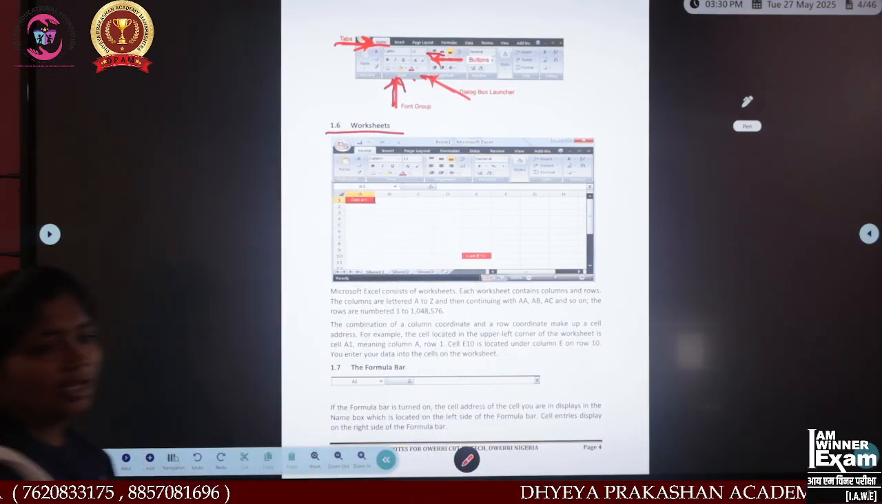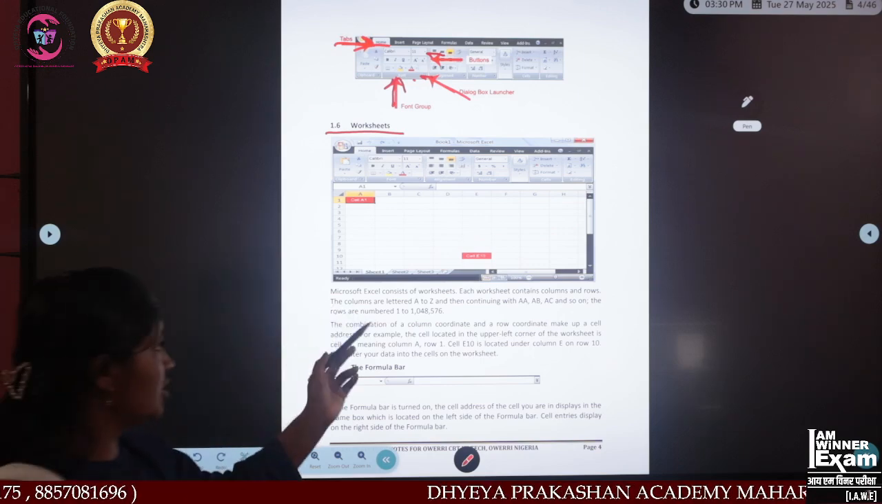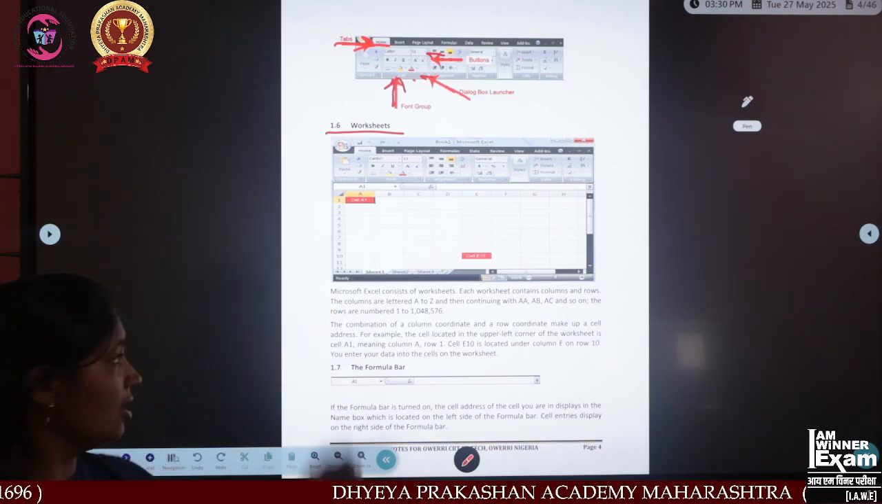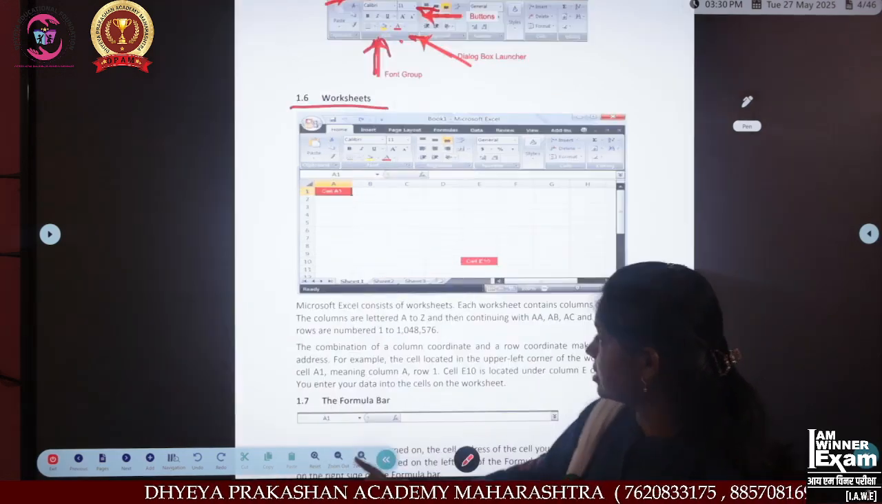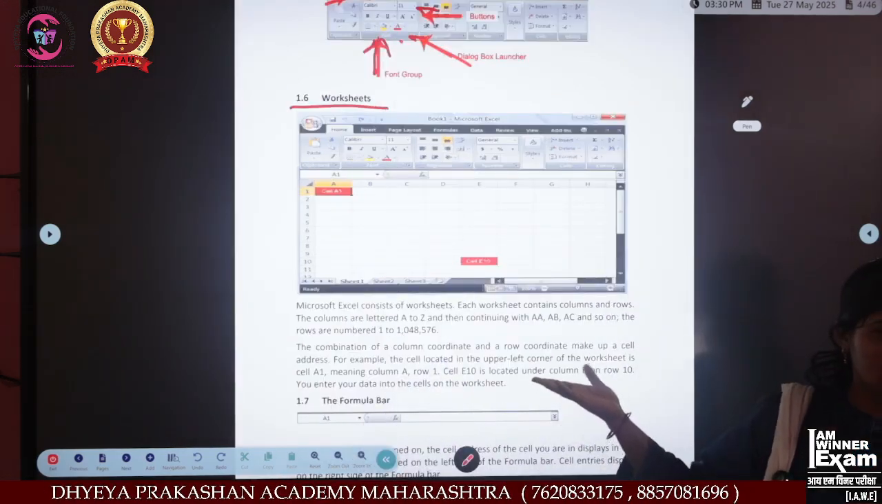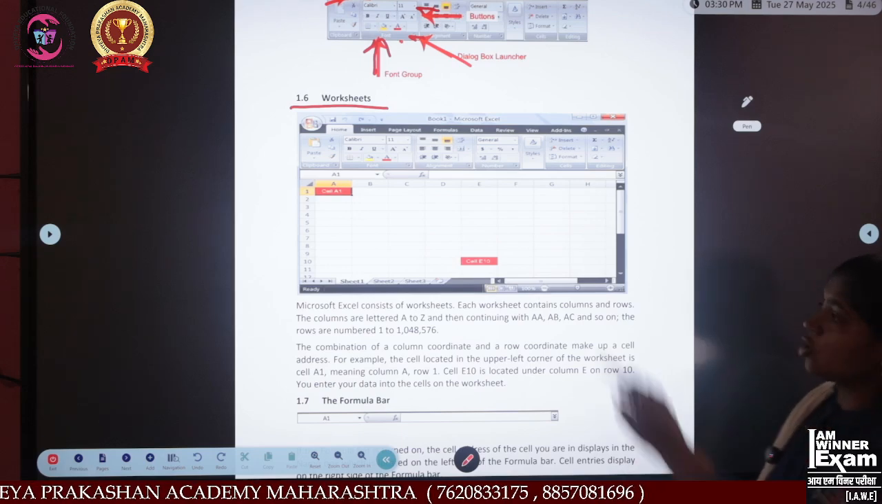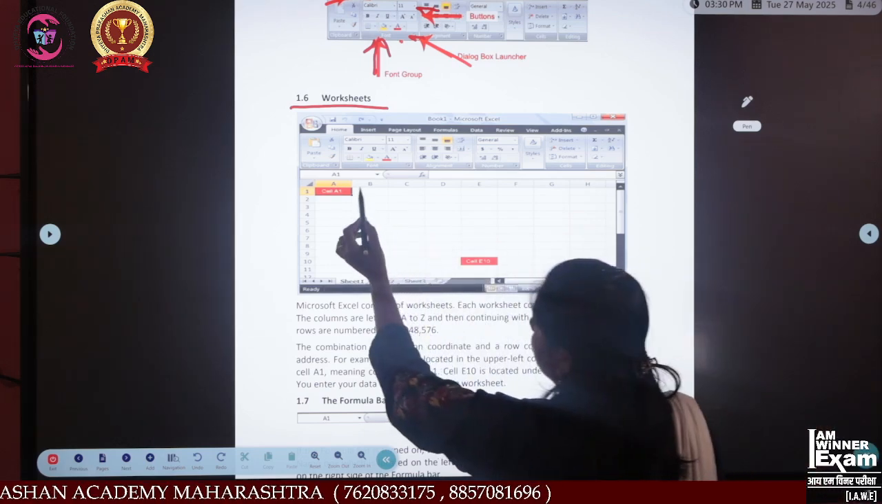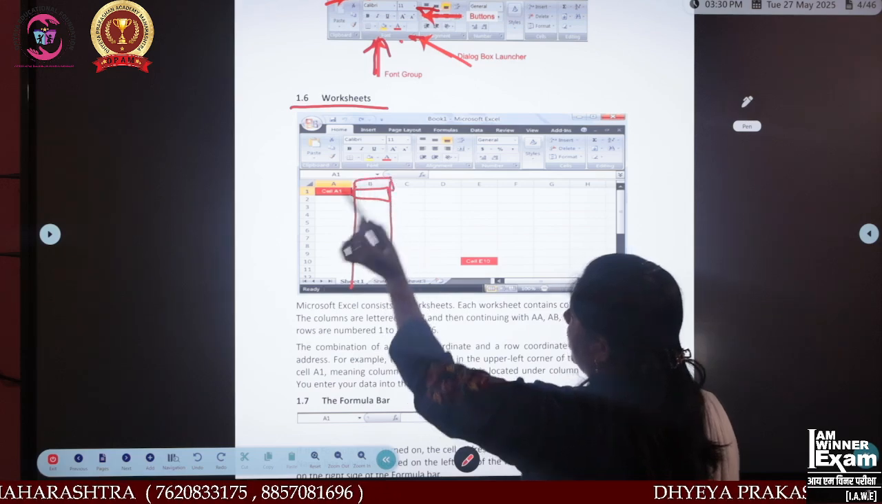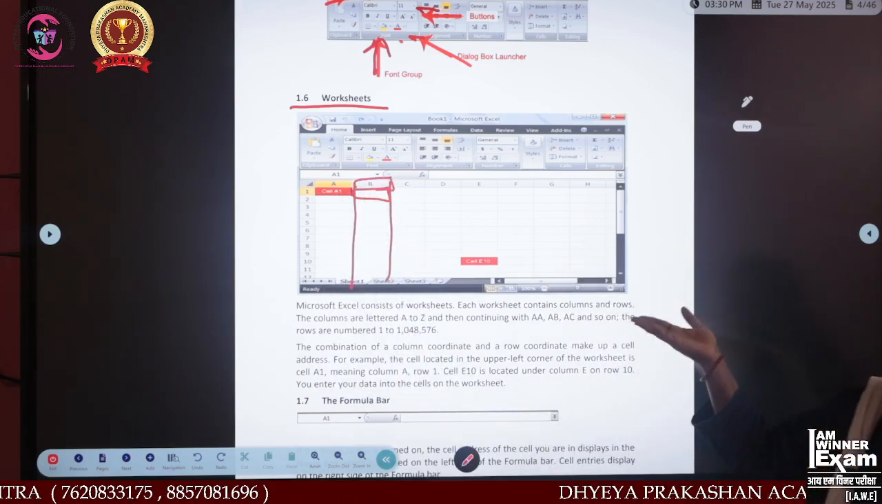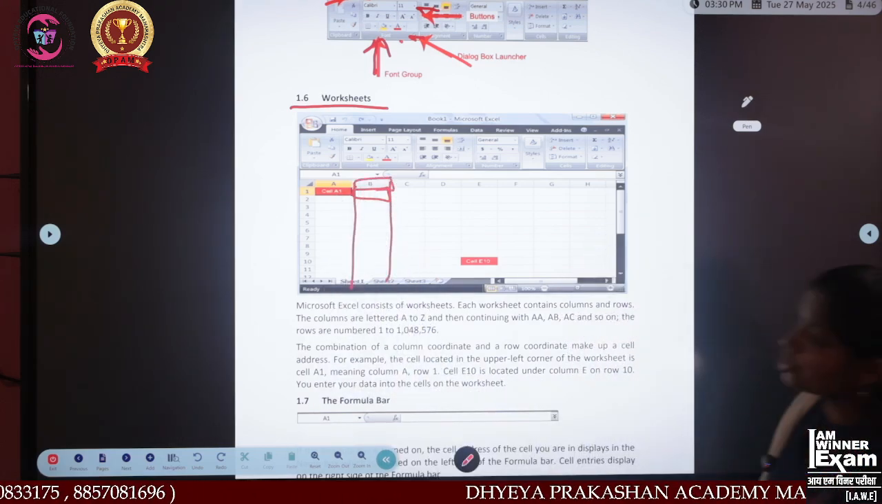Next is worksheets. Microsoft Excel consists of worksheets. Each worksheet contains columns and rows. The columns are letters A to Z